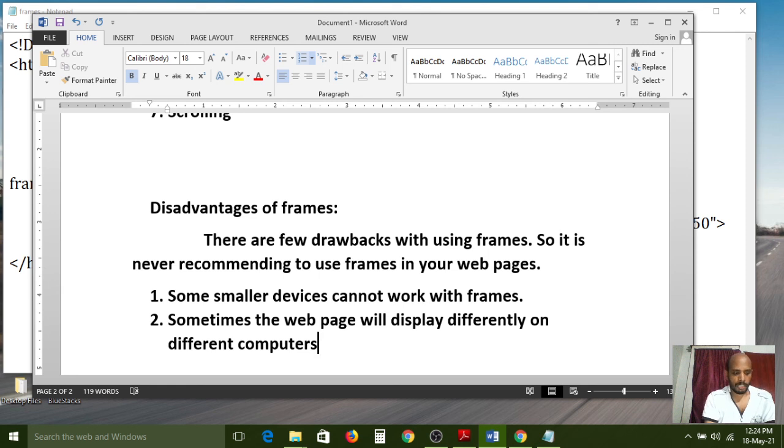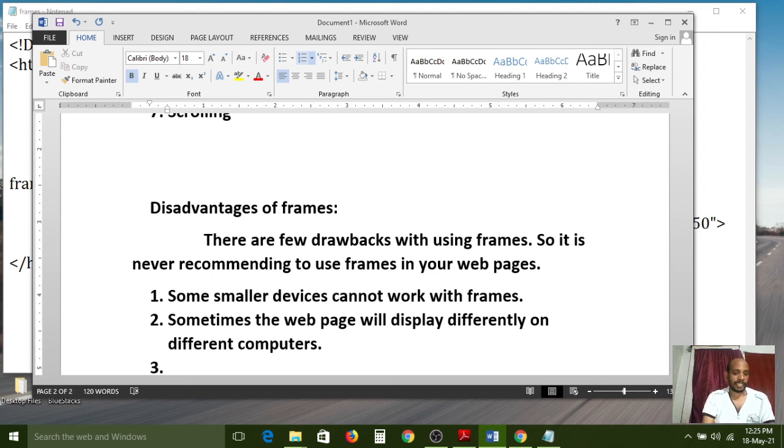Computer to computer, the screen is shown differently. That's due to screen resolution, because some computer monitors have small resolution, some have high resolution. High resolution computers can support frames, but small resolution computers cannot support them. So then only, I mean, it can open differently. Some clumsy frames it can open.